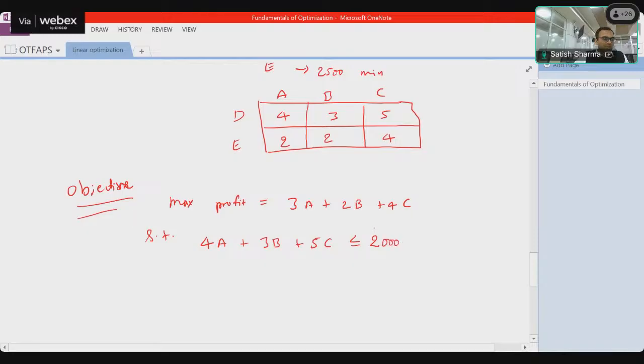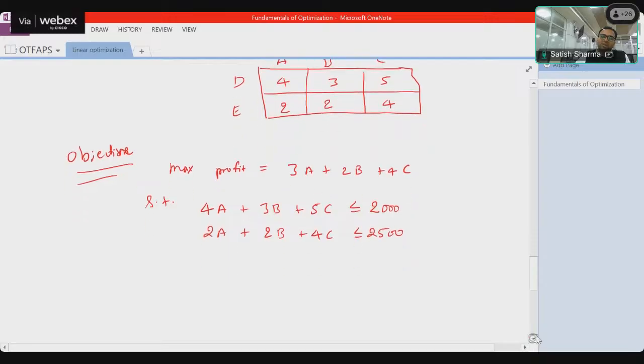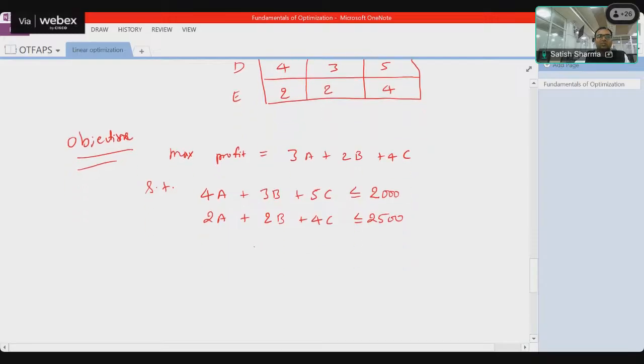That is the maximum value it can achieve. Similarly, we can have twice of A for the machine B, twice of B plus 4 times of the C, and it can only run for 2500 minutes. So these are the two constraints which we are going to see, and then we can place some conditions on these variables as well,